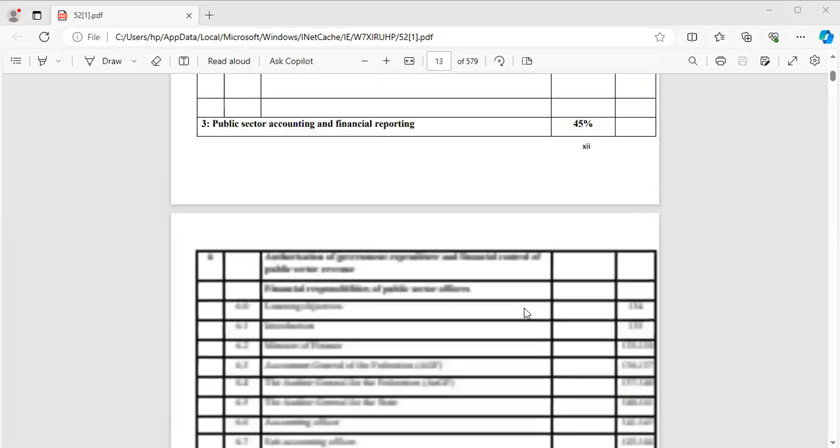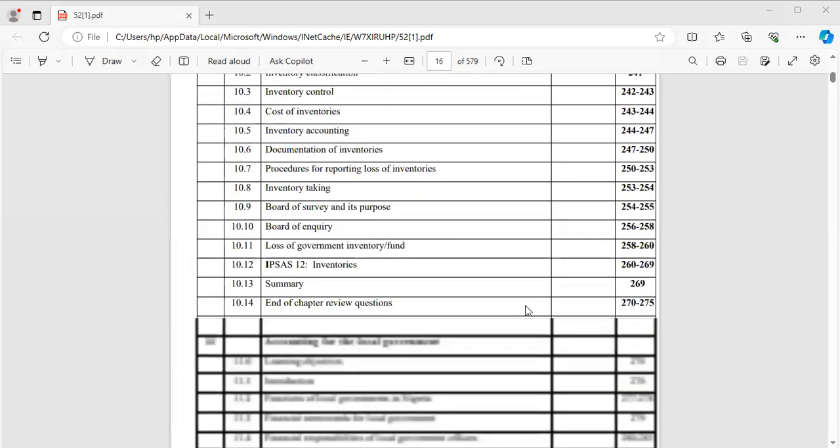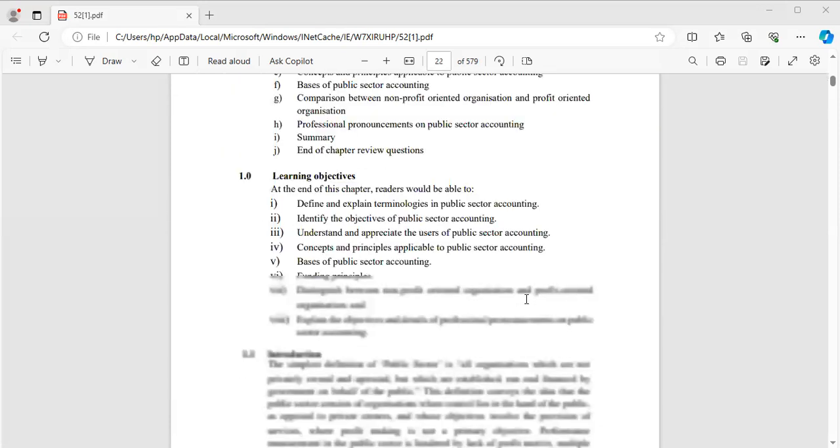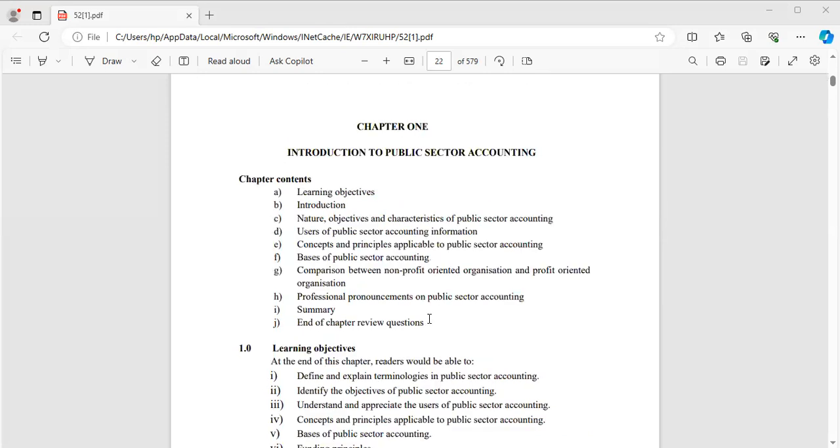So let's move to chapter 1. What we want to look at in today's class is basically very simple. This is public sector accounting. In your ATS1, you have done basic accounting principles and concepts. So what we want to do here is simply how you can work with